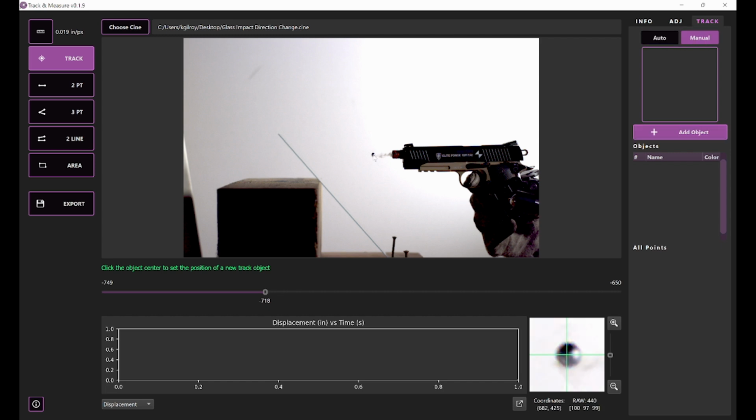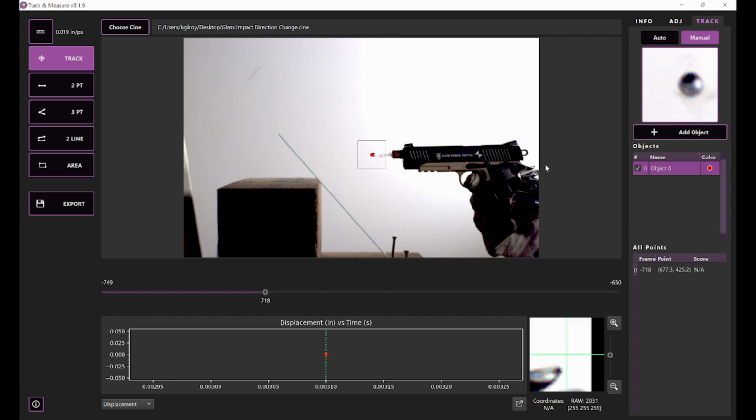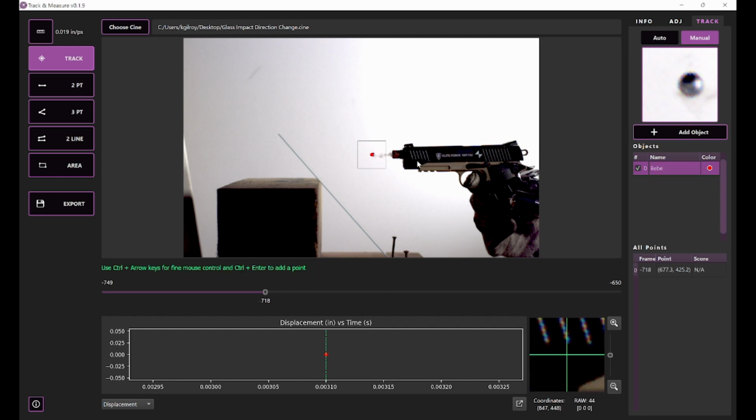So if I hold down Control, I can go ahead and find the very leftmost edge of this BB, and click Enter. And I can right-click, Edit Name, and I'll call it BB. All right, and it's pretty straightforward. What we're going to do is use the manual tracking tool to just collect a series of points. So if I click on my keyboard the right arrow, I will have progressed